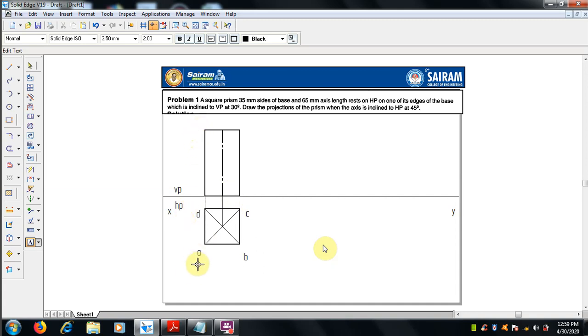While seeing the front view, A is visible and D is invisible. Here B is visible and C is invisible. So it is in bracket. Now just align for the visibility.